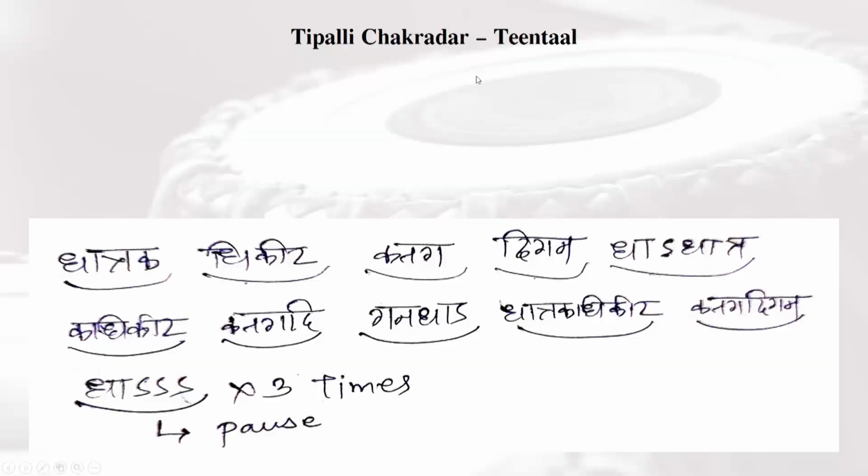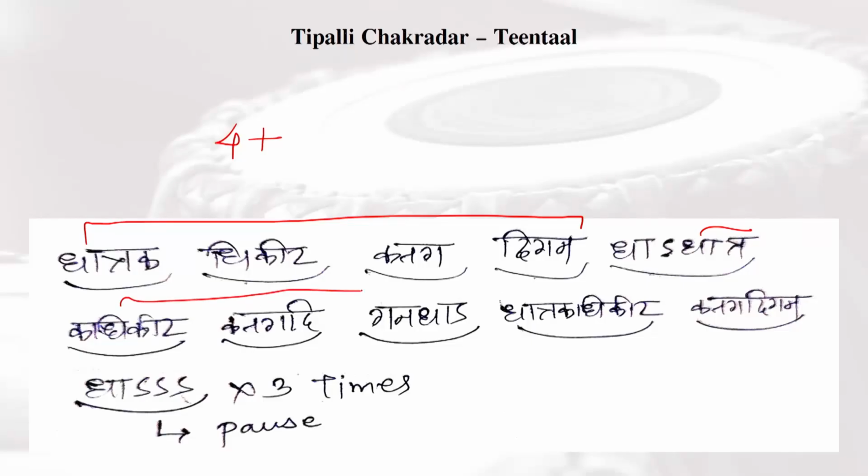So now we move to another example. It's a Tipalli Chakradhar. Dhataka dhikita katagadi gana dha, dhataka dhikita katagadi gana dha, dhataka dhikita katagadi gana dha. So we have dhataka dhikita katagadi gana, 4 matra, plus we have dhataka dhikita katagadi gana. So these are total 3 matras, and dhataka dhikita katagadi gana plus 2 matra,